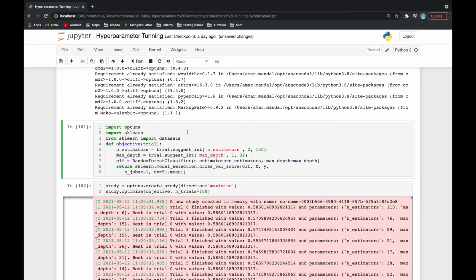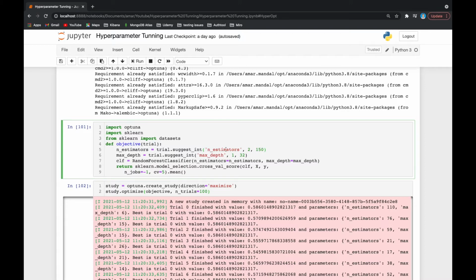In Optuna, you have to create one function objective, and inside that you have to pass the parameter trial. So we'll come to this trial part once we run this line of code. Okay, so all the parameters that you want to hyperparameter tune, you have to write inside this function, like n estimators. So trial dot suggest int will try to find the integers. Okay, it will suggest an integer.